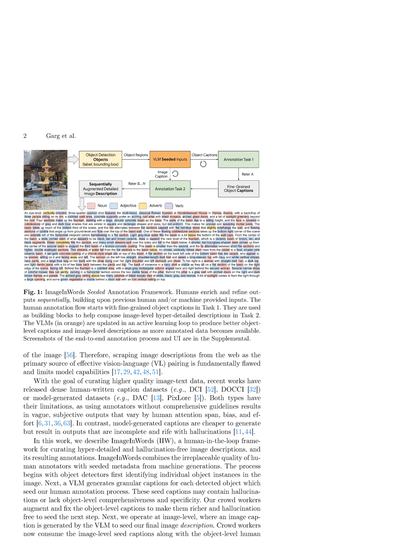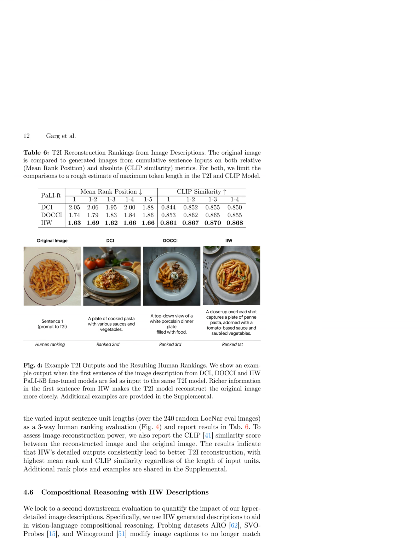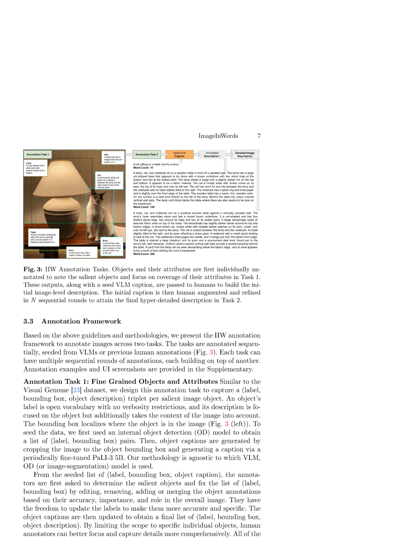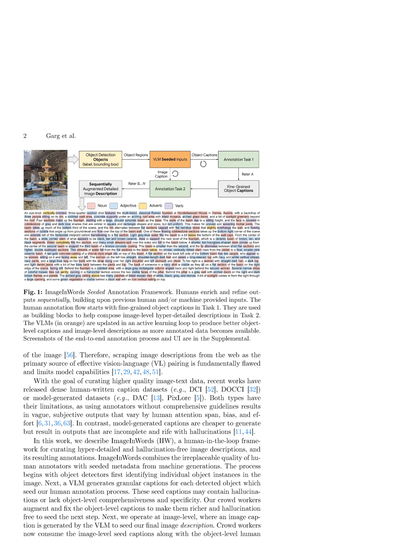The proposed method, ImageInWords (IIW), works by combining human annotators with seeded metadata from machine generations to curate hyper-detailed and hallucination-free image descriptions. The methodology involves several steps. 1. Object detection. Object detectors first identify individual object instances in the image. 2. VLM object captioning. A vision language model (VLM) generates granular captions for each detected object, which seed the human